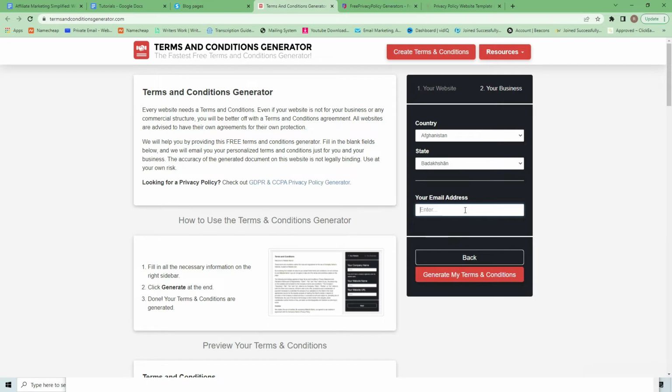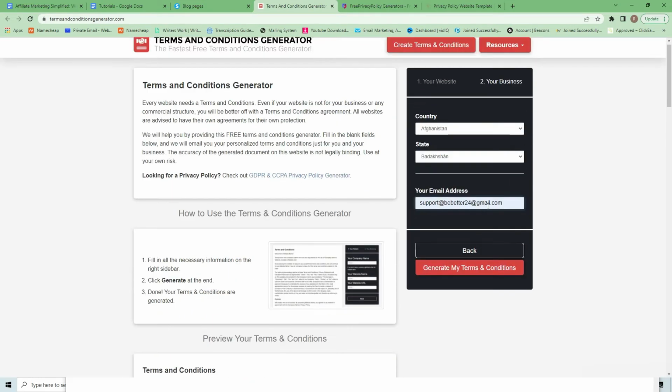In my case, I would normally have put support at bebetter24 at gmail. Oh, my bad. You would see that I would have support at bebetter24.com. That would be my email address I made with Namecheap as a private email, but I also made a new one for my business itself for contact purposes: help.bebetter24